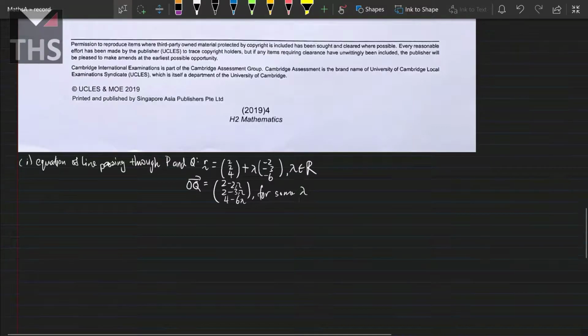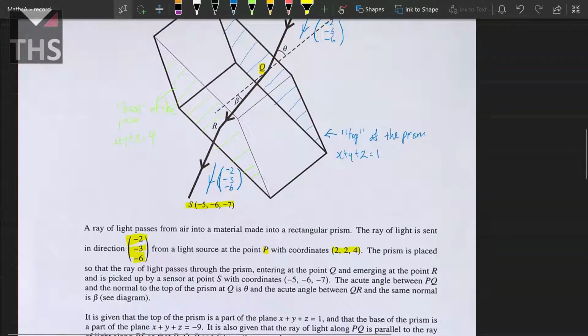2 minus 2 lambda, 2 minus 3 lambda, 4 minus 6 lambda, for some lambda which we don't know now, which we will find out later. So then you know from the diagram, we already said Q is on this prism. So Q must satisfy this